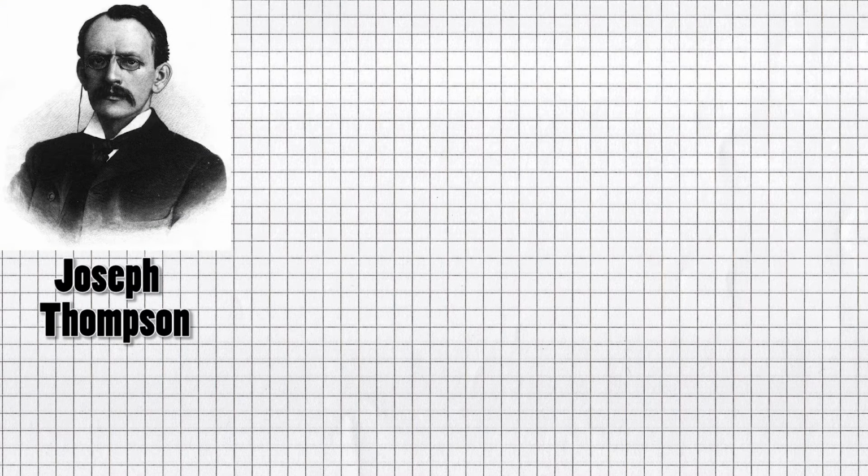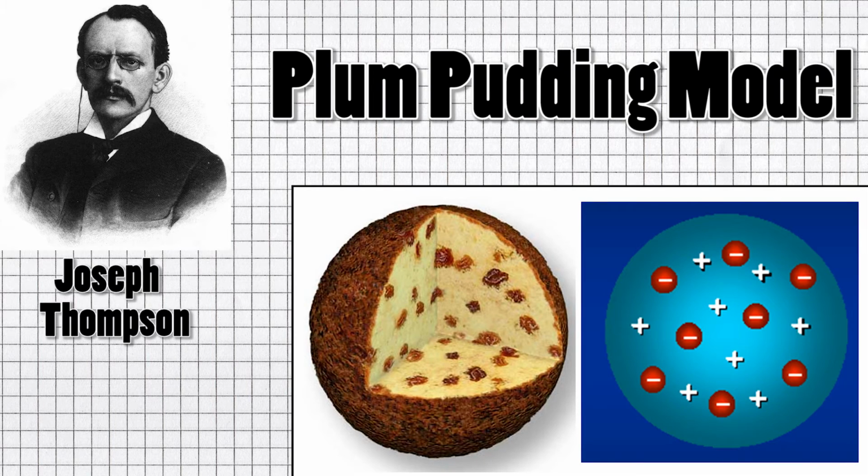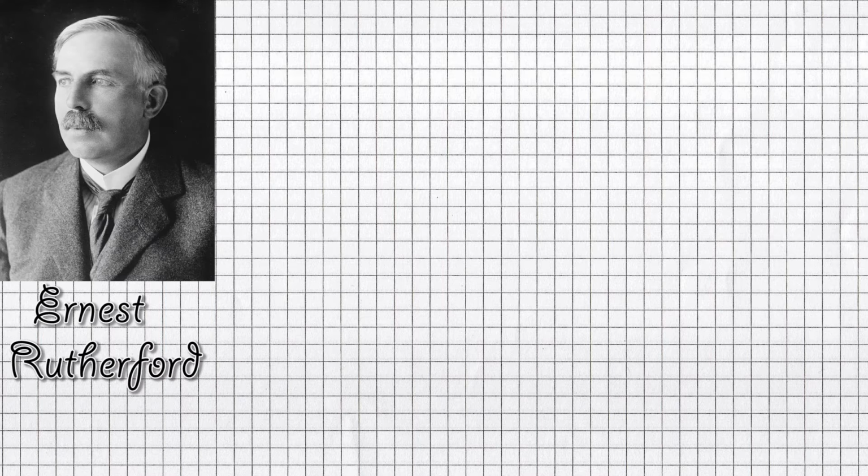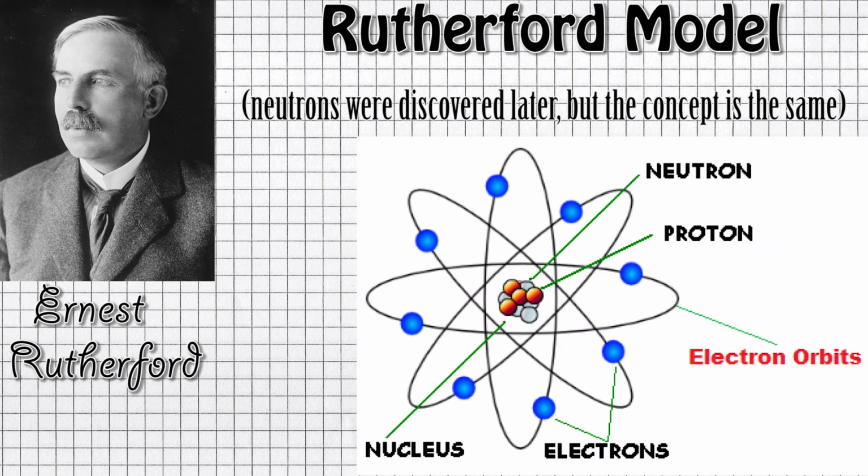The story of the atomic model starts with Thompson, who elaborated the atomic model called the plum pudding model. This model shows an atom in which positive and negative charges are uniformly distributed, and we'll see later how this model is wrong. Another model that revolutionized science is Rutherford's model, in which the atom is composed of a nucleus